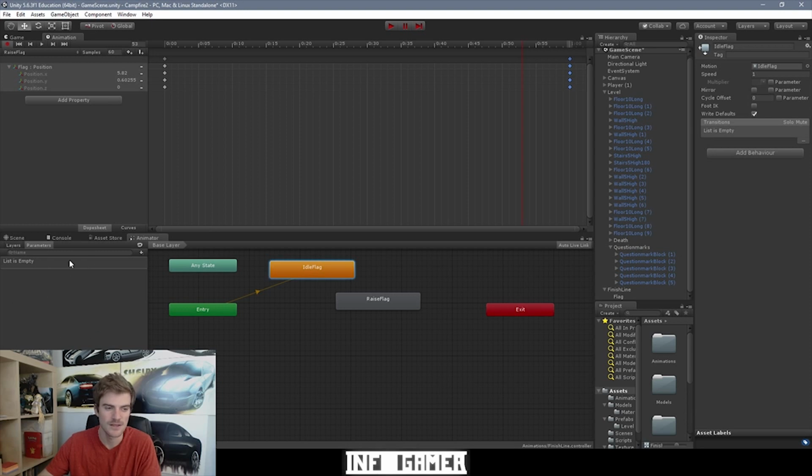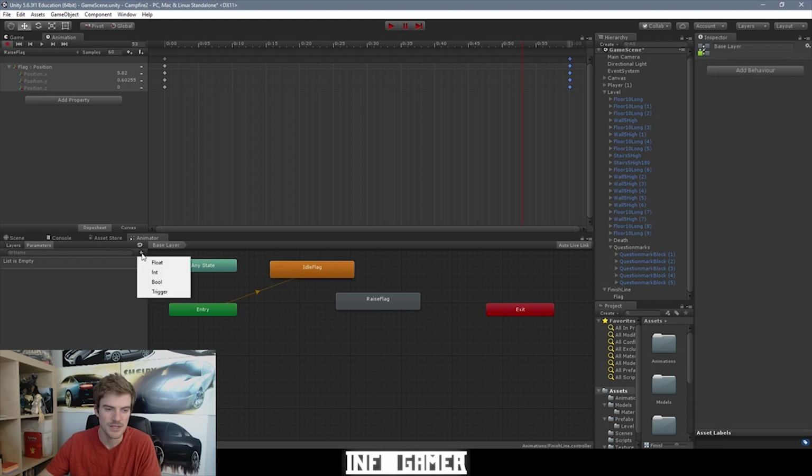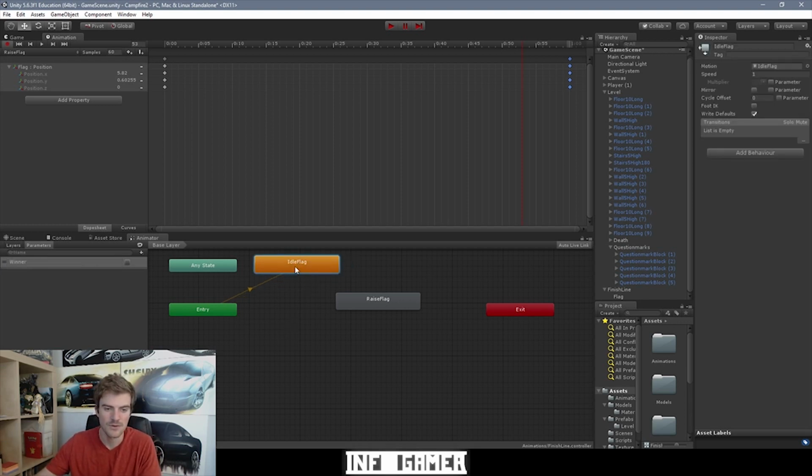So over here in this left panel, I'm going to make sure that parameters is selected. I'm going to hit this plus button, and let's create a boolean, and let's rename it to be winner. And then we can create a new transition from our idle flag animation to